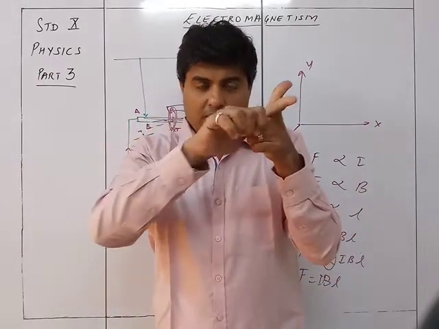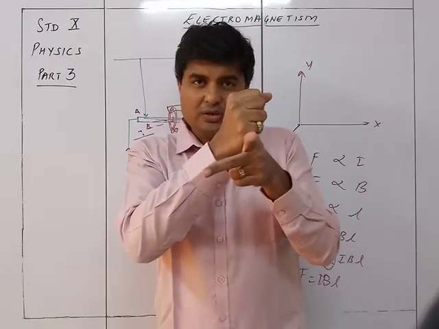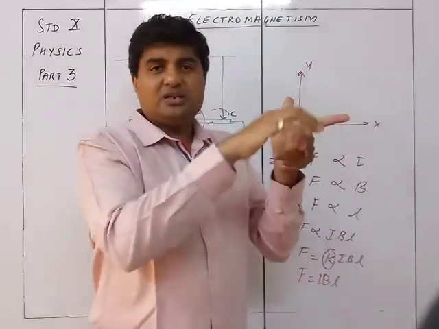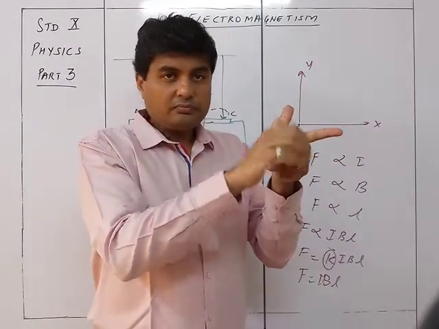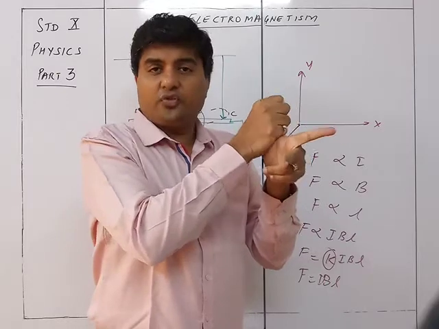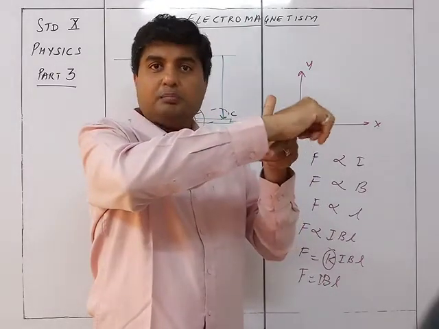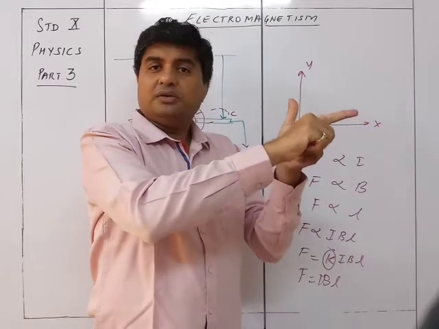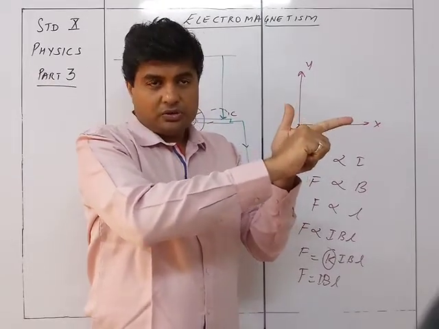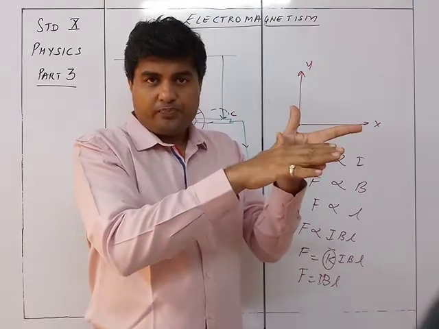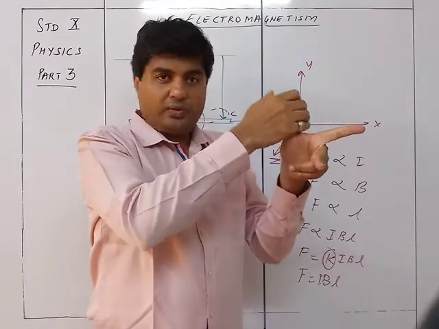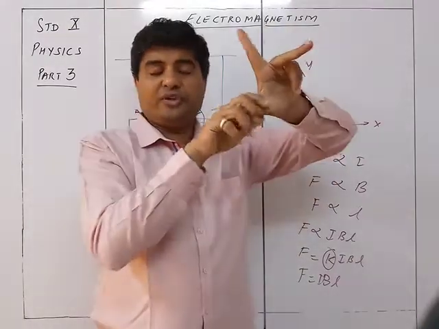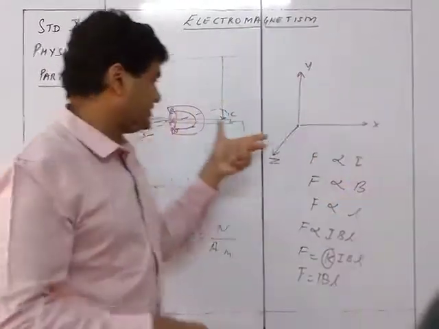Magnetic field, current, force. We also call it father, mother, child. F for father, F for force. This is mother, M for mother, M for magnetic field. C for child, C for current. So father, mother, child. Okay, so you can see that if this is the magnetic field and this is the current, the direction of the force is given by the thumb.